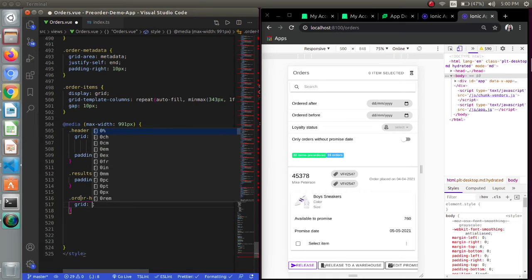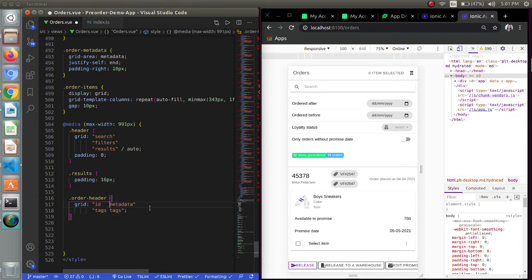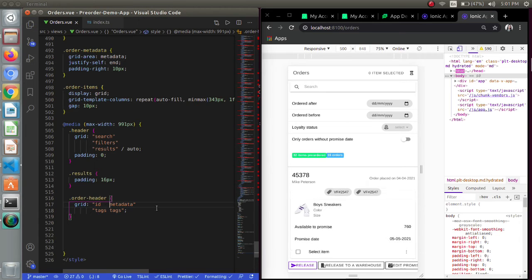The first one will be the ID, and along with ID I want the metadata, and below that I want the tags. So this is the proper syntax for using the grid. I have written text over here 2 times because above we have used two things, the ID and the metadata. If we use the tags 1 time, then it will give an error. Now just save it and we are getting some results like this.